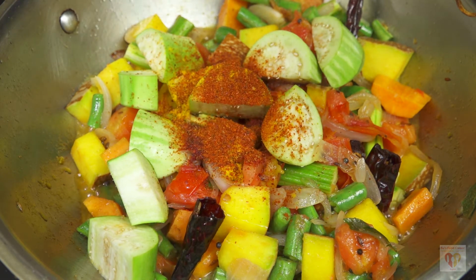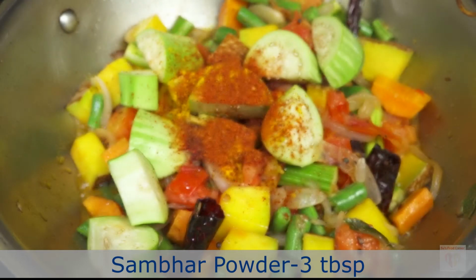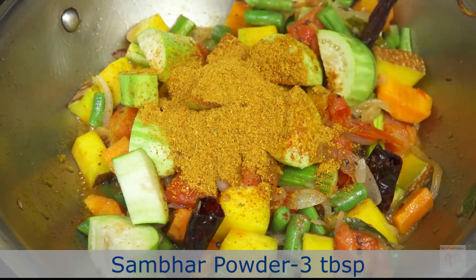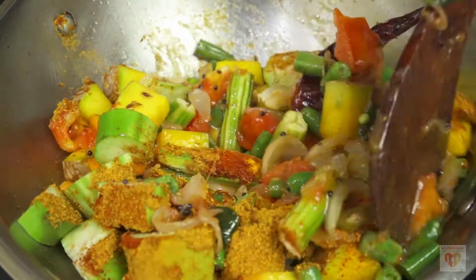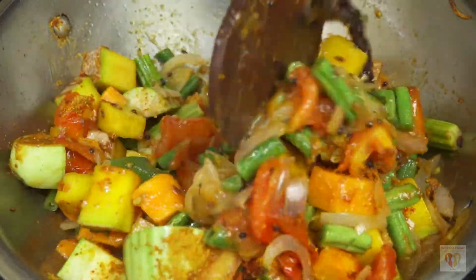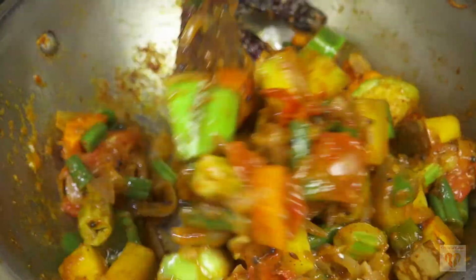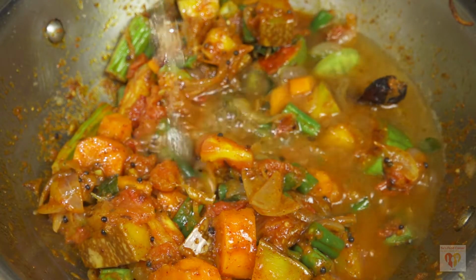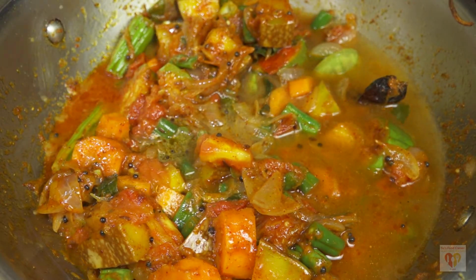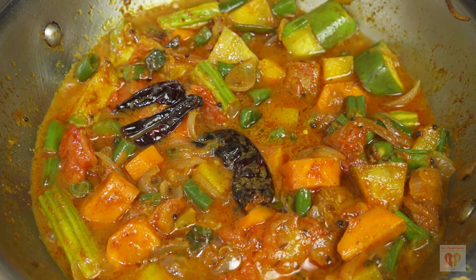have released their moisture. At this stage, add the eggplant and red chili powder, and sambar powder. I have taken 3 tablespoons of sambar powder, but 2 tablespoons I'll add at this stage and 1 tablespoon I'll add later. Now mix everything and saute on high flame for 1 to 2 minutes, just till the sambar powder gets roasted and releases a very nice smell, and then add around half a cup of water and again cover it and cook